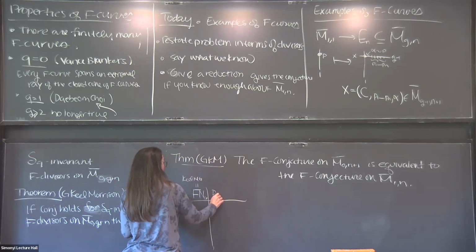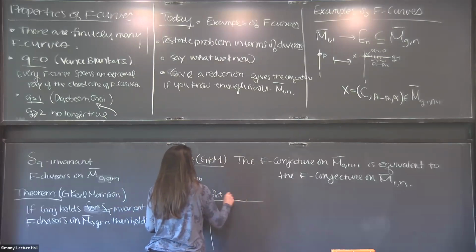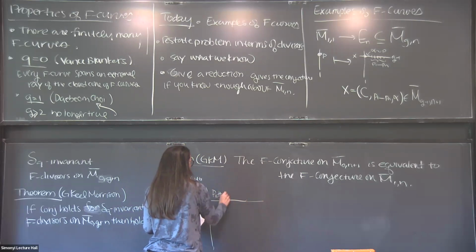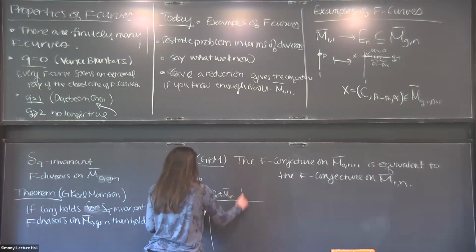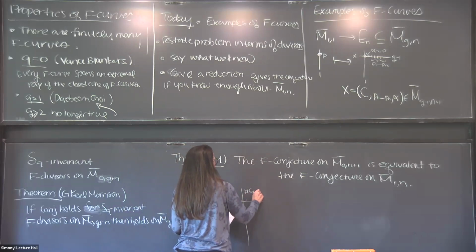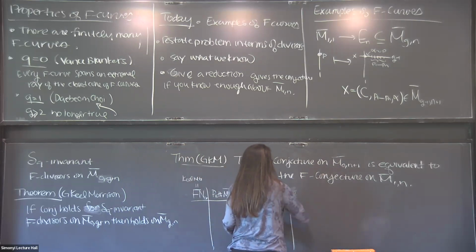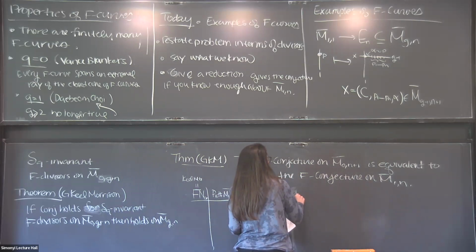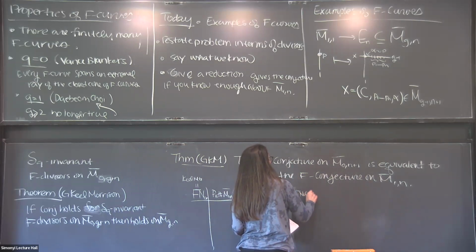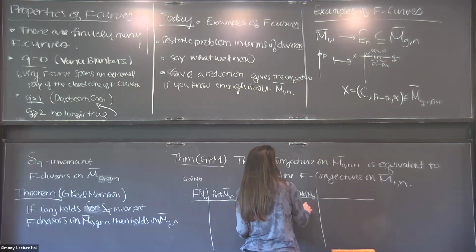The Picard number, the dimension of the vector space where the cone lives, of M0n. I want to compare this and the number of extremal rays of the cone. Extremal rays. I want to just compare this really briefly to the same problem for the SG invariant. Like if we look at the F-nef cone for MG, and we look at the